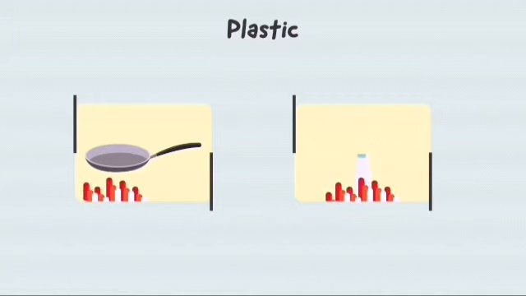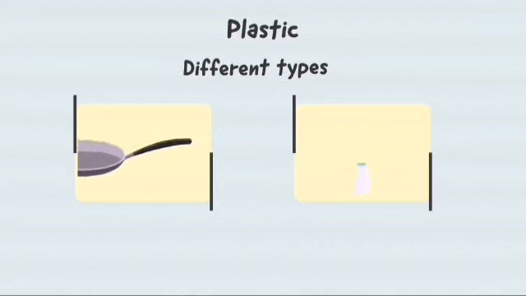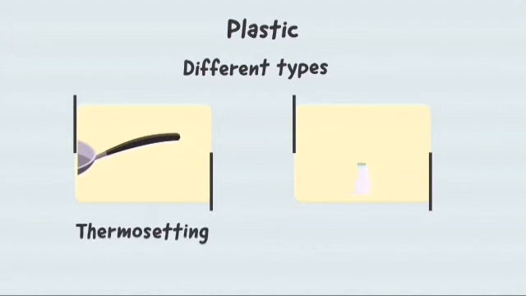Can you tell me why? If both are plastics, then why is there so much difference? That is because the two are different types of plastics. The first one, which makes up the handle, is called the thermosetting plastic, while the other type is referred to as the thermoplastic.